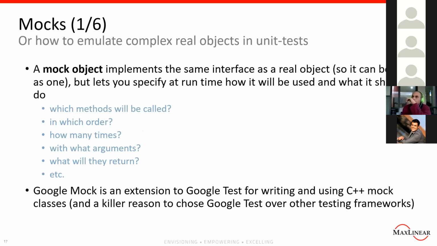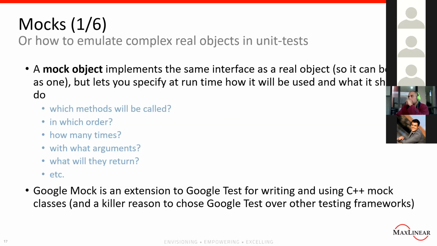Now we move on to the mocks part, which is a way to emulate complex real objects while writing unit tests. The general concept here is that we are going to use mock objects to replace the dependencies we have in our code under test. Mock objects implement the same interface as the real objects that we use in our production code, but they allow us to run our tests